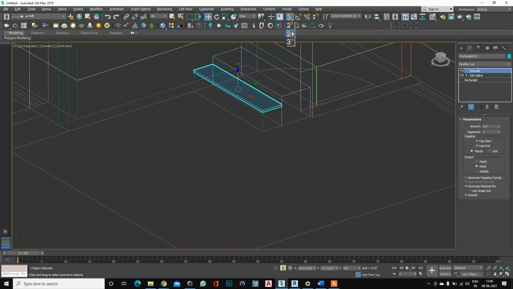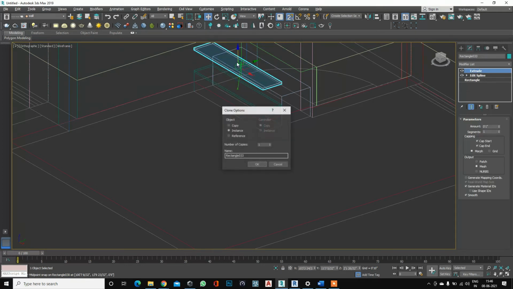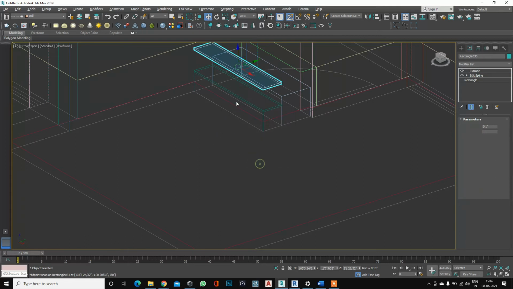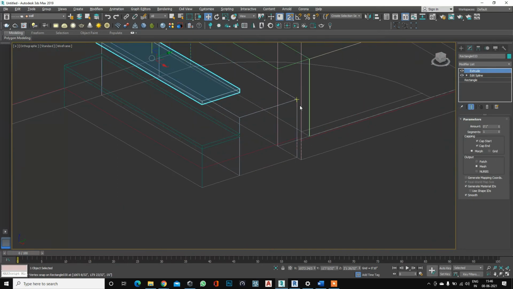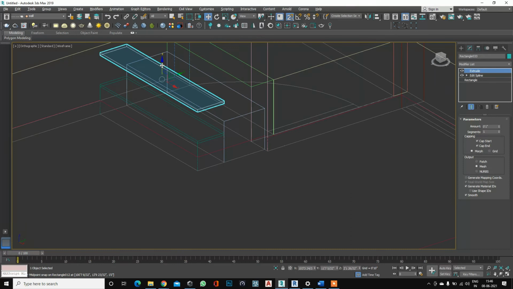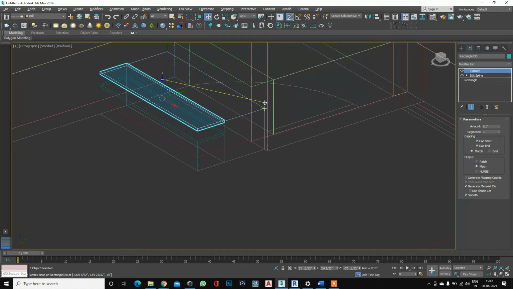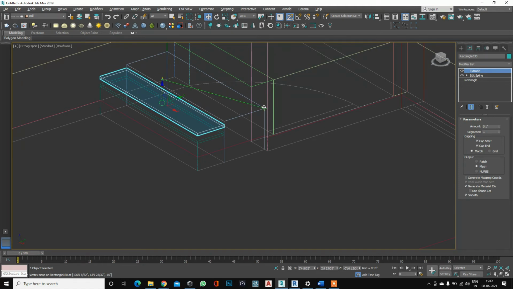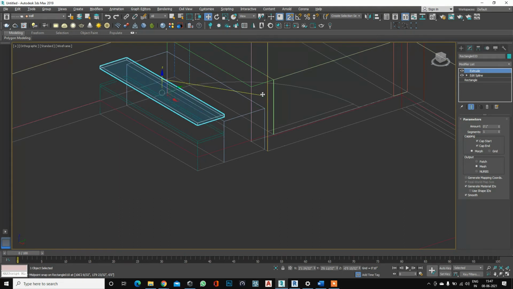Now let's try with 2.5. First I copy this. Now let's try doing this portion. You can see I already snapped it to this portion, but it is not snapping. It will show that it is snapping, but at some other level.